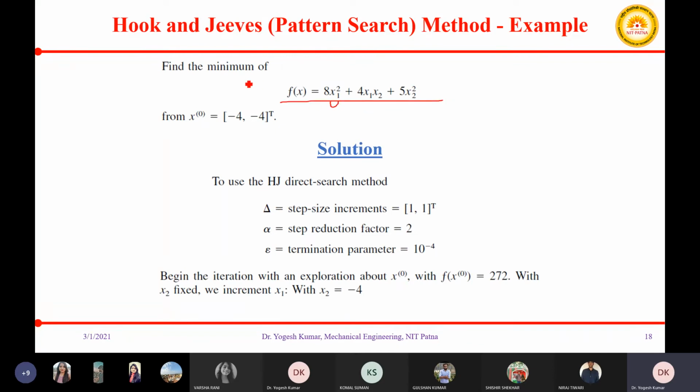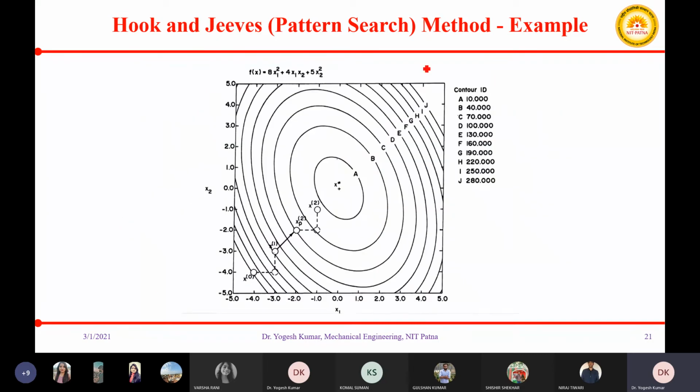Suppose this was your problem, and we were having a starting point x0 equal to minus 4 comma minus 4. Let us try to examine this point using a graphical representation. Suppose this is the function f(x) equal to 8x1 square plus 4x1 x2 plus 5x2 square.